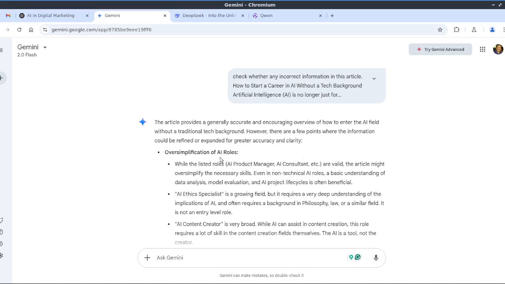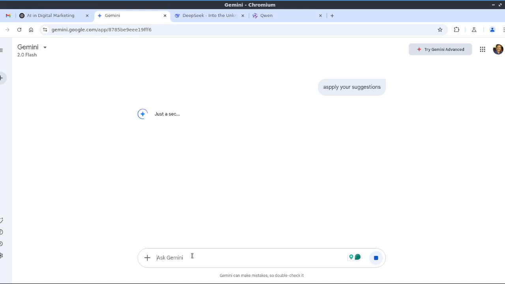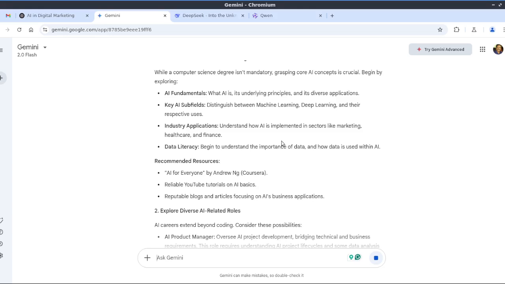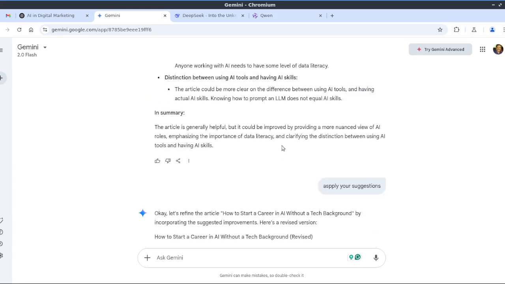Okay. So it's giving some kind of suggestions. Either you can manually do those things, or you can ask Gemini to apply them. Okay. Apply your suggestions. So it will rewrite the article by applying those suggestions. But anyway, finally you have to fully review that article. Otherwise, there may still be some issues with it. Okay. And obviously you can ask Gemini or ChatGPT to follow a professional tone or a funny way of writing, so you can always specify. It's up to you based on your requirements.